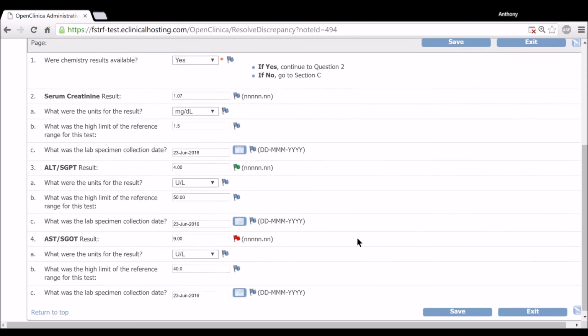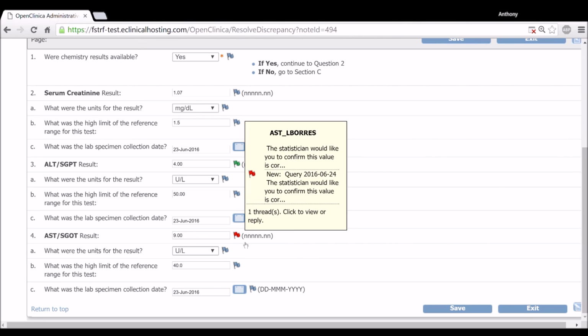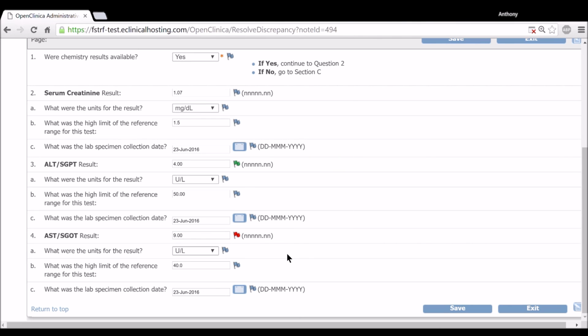So in that circumstance, we are just going to respond. Actually, it's more interesting if we are wrong, if we need to change this value. So let's say we were wrong about this and it was not 9. We got queried, the value shouldn't have been 9, it should have been 19. We missed a 1. What we're going to do is A, change the value,